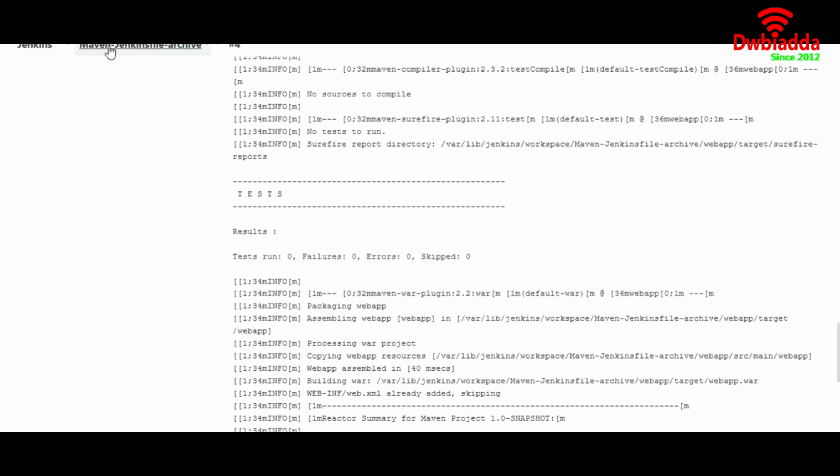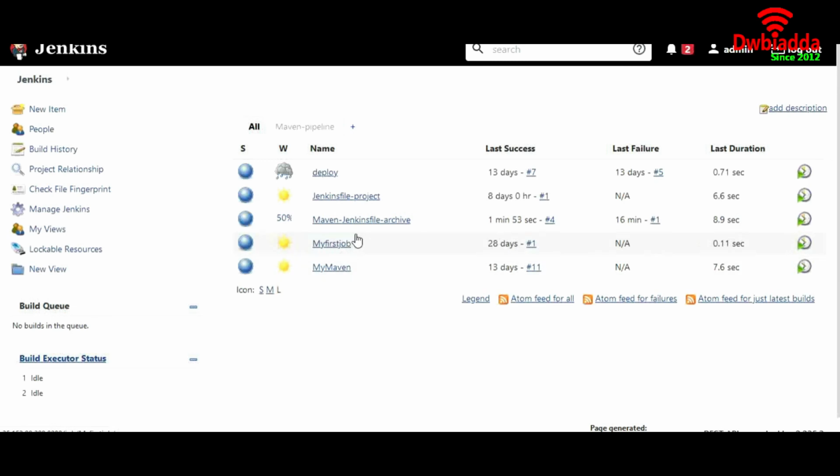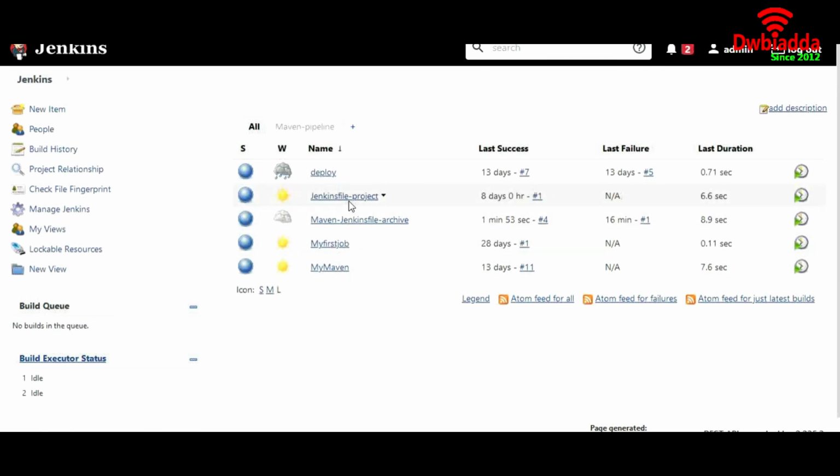So I hope you get to understand how we can configure a pipeline using Jenkins. Similarly we can automate this code also, deploy also. So I hope you get to understand what a Jenkinsfile is and how we can configure everything, and it is pretty useful. Okay, so thank you so